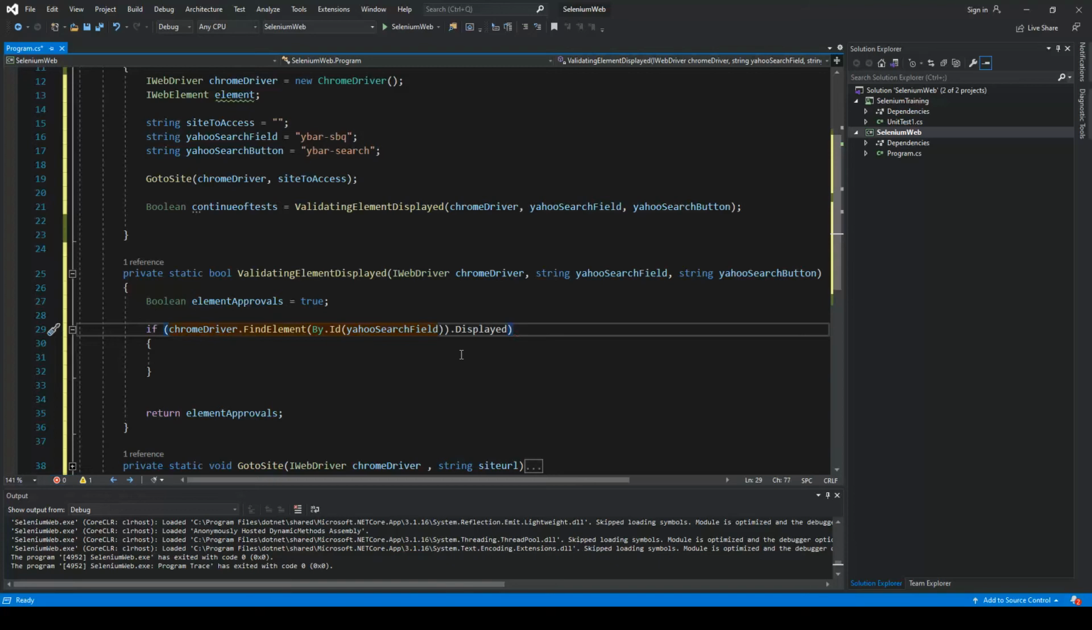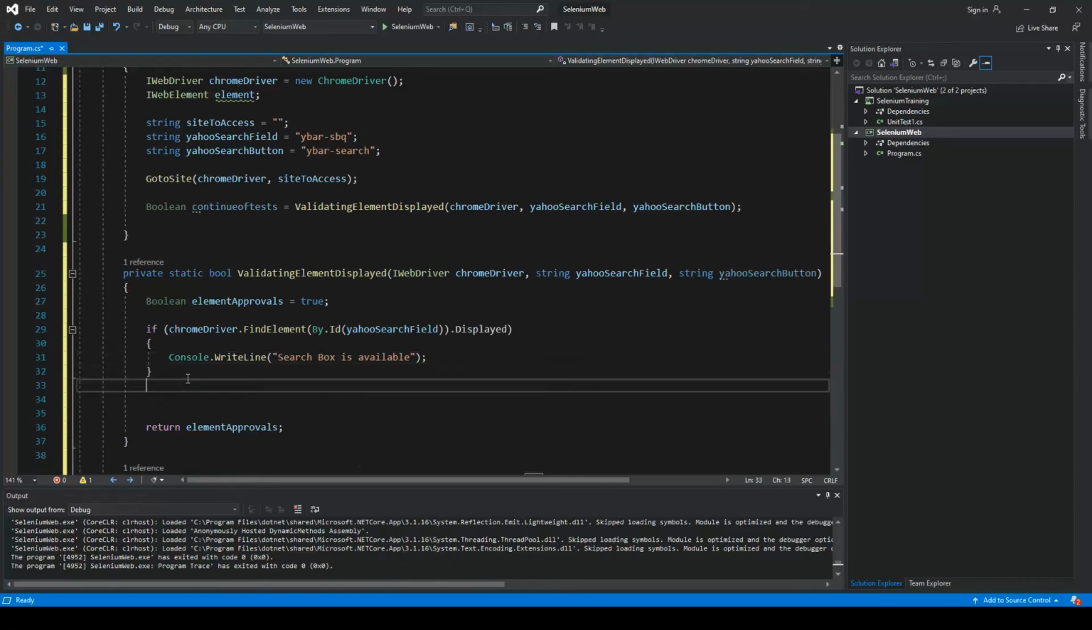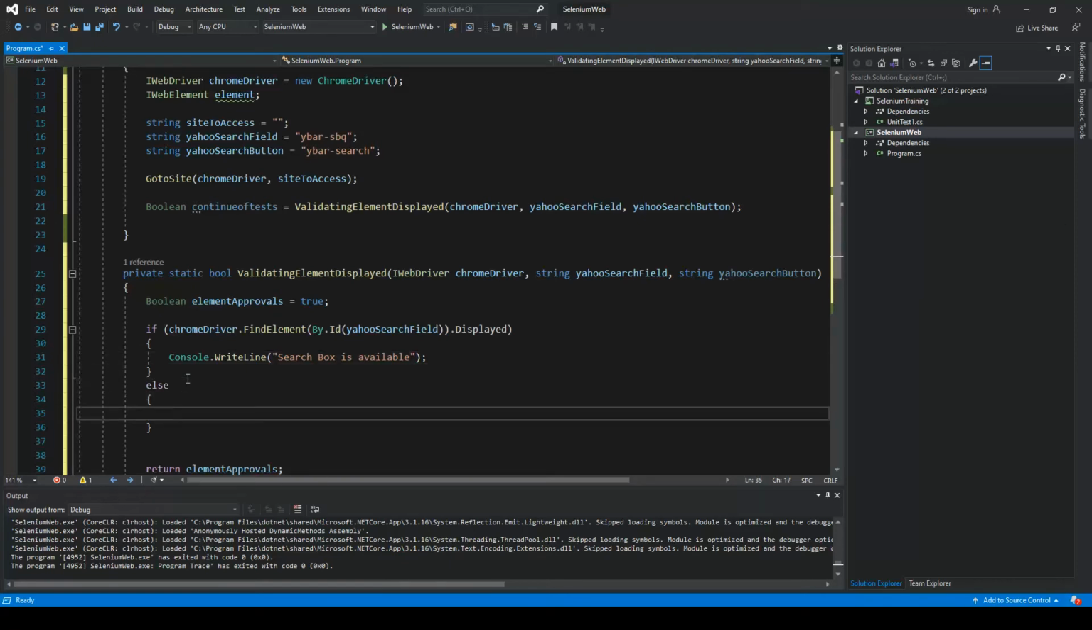Displayed. Okay. If it displayed, let's print to the console something like... Okay, so this is the first thing that we are going to do, and now I'm going to add another clause called, if it's not available, we will simply, you know what, let's save some time, and is not available. Okay, now we can duplicate this code